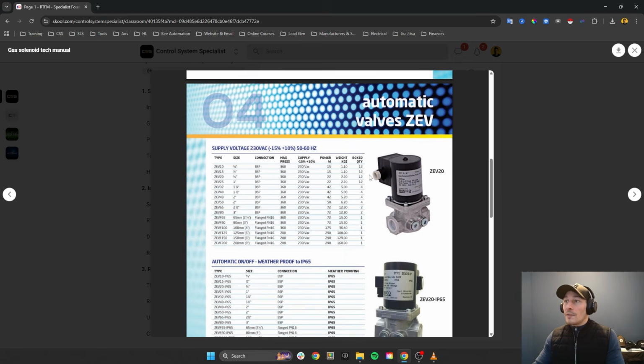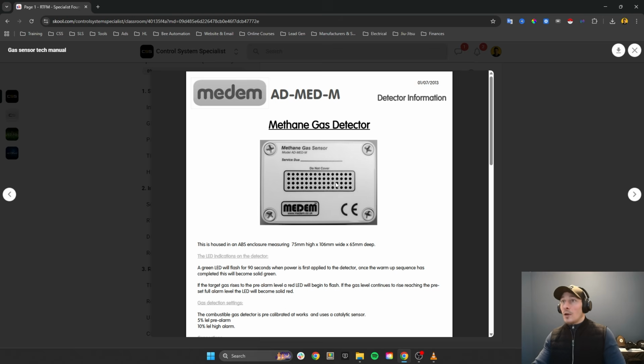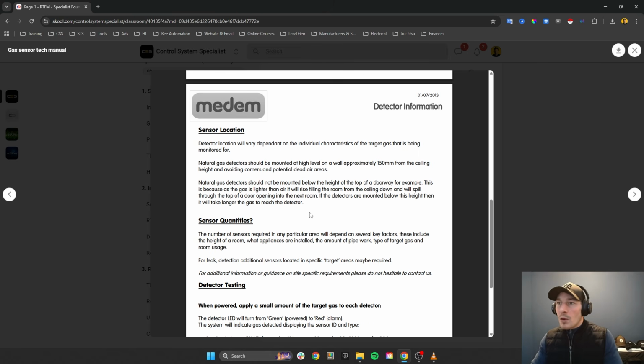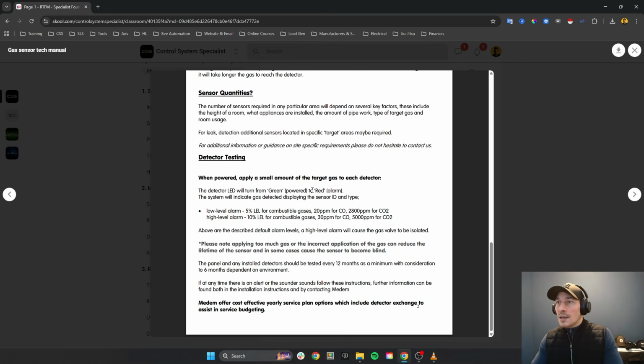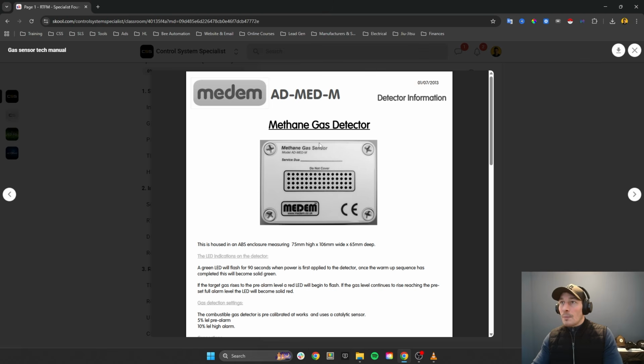The solenoid valve that's being controlled. We've got gas sensors that are also part of this brand that connect into the gas detector: carbon monoxide, carbon dioxide detectors, natural gas detectors, there's all sorts of different ones. Methane,